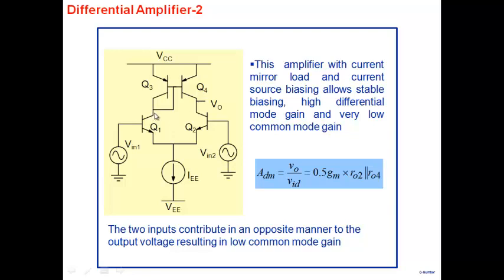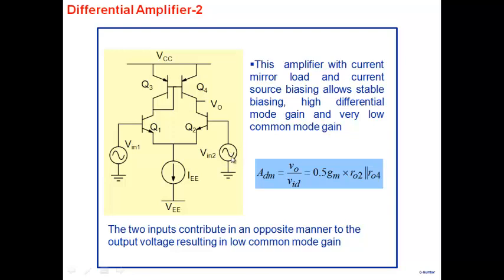At this point, if you look at it, the gain would be practically, well, calculate. Find out how much will be the gain at this particular point. All right. The gain here is given by 0.5 gm (r02 parallel r04). Another interesting thing is that although we couldn't calculate the common mode gain, what is very interesting is we have two inputs. And if you look at this input here, this would try to create a voltage here,